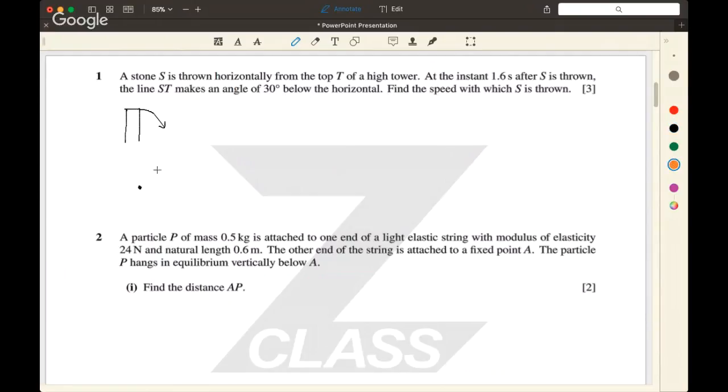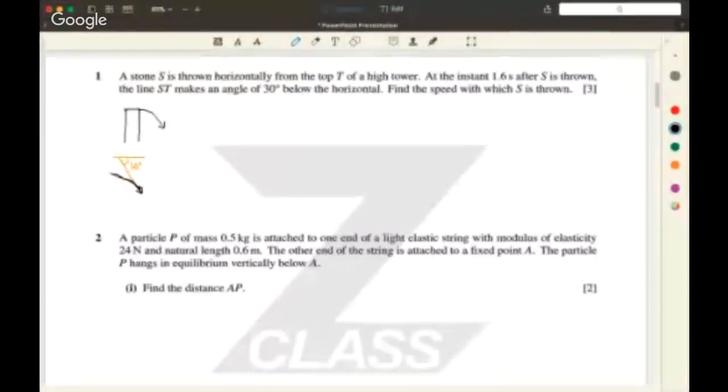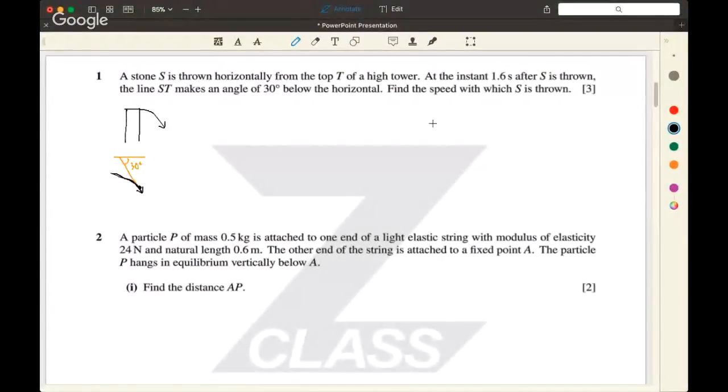30 degrees below the horizontal. Well, that means that if you draw a horizontal line, this thing subtends 30 degrees like so. So it's on its way, it's in the path, and right now that's tangent to it. So we can think about the relationship between Cartesian coordinates and polar coordinates, which may seem a little weird to